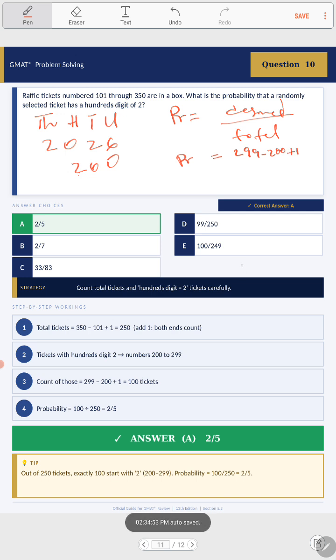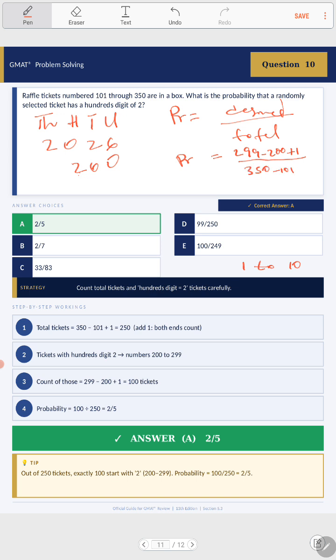Remember, how many numbers are there from 1 to 10? We know that it is 10 numbers: 1, 2, 3, 4, 5, 6, 7, 8, 9, 10. But if we say 10 minus 1, that is going to give us 9. That means to get the accurate number, we add 1 back to it. So in the same way, we are going to say 299 minus 200 plus 1, divided by the total, which is 350